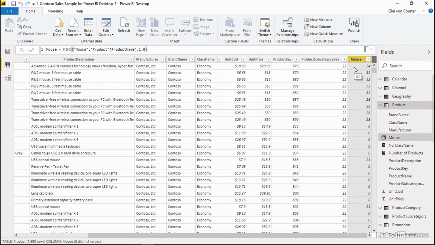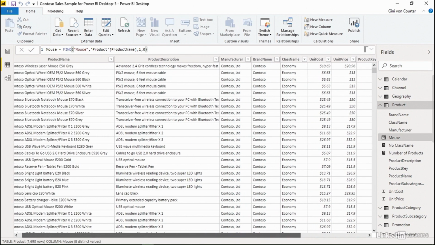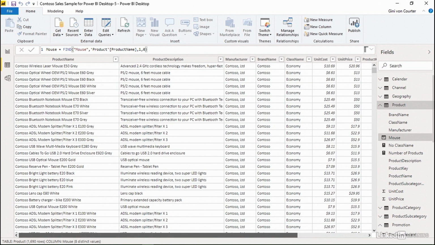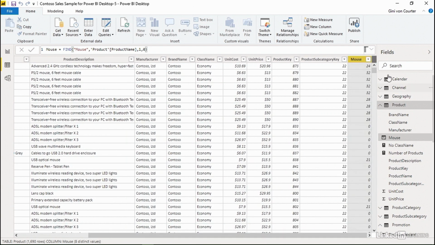Note then that in our very first entry, Mouse is in position 24, is where that word starts. And it is a Contoso Wireless Laser Mouse E50 Gray. In fact, if the word Mouse appears, then we'll have a number that's greater than 0. And if it does not,